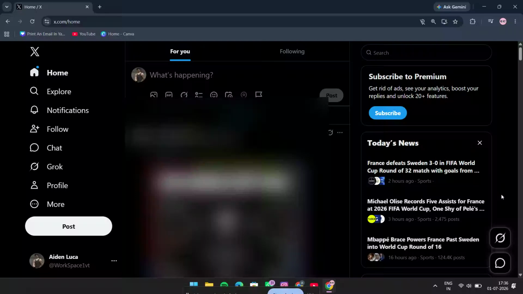If you want to start receiving message requests from verified users on X, formerly Twitter, this quick tutorial will show you exactly how to turn that setting on in just a few clicks. This is really useful if you want to make your account easier to contact, while still keeping some control over